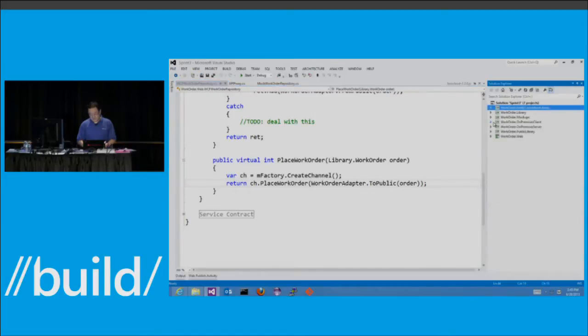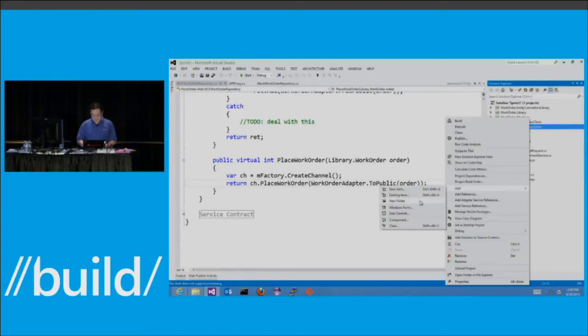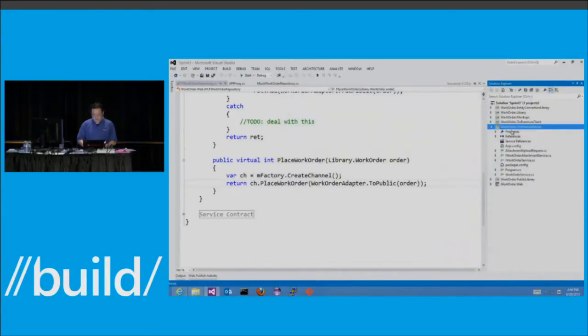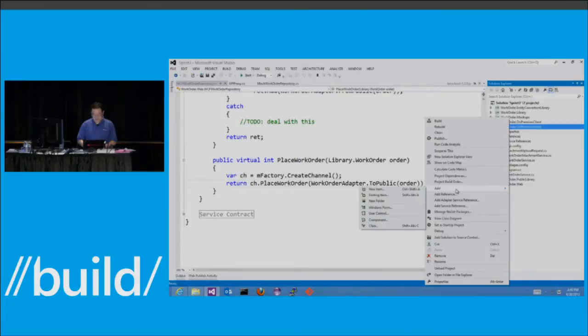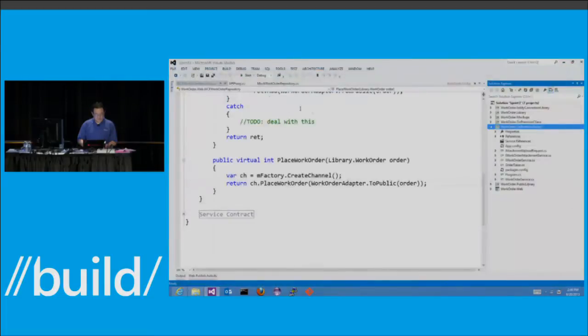First, let's modify the server side. Instead of waiting for a relayed connection, I'm just going to get my new orders through a queue. I will add an existing class, which I have, the order taker.